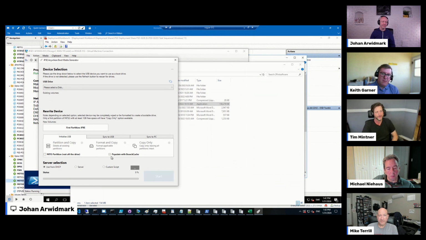You said something about two small files. Can you go into that just a little bit in more detail? Yep. So you have an iPixie file that basically contains the same information that you would put into your scope options, which tells what server to reach out to, and then the actual EFI file, which is tiny. I forget what the size is lately, but it's really, really small.